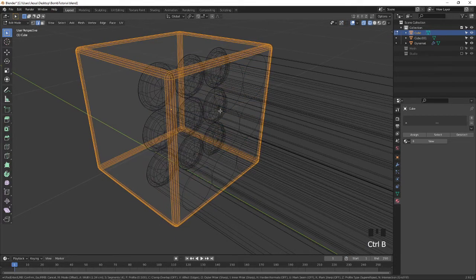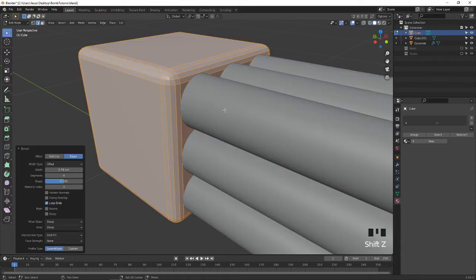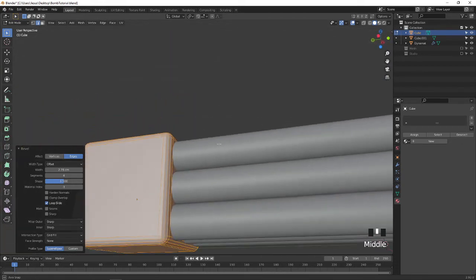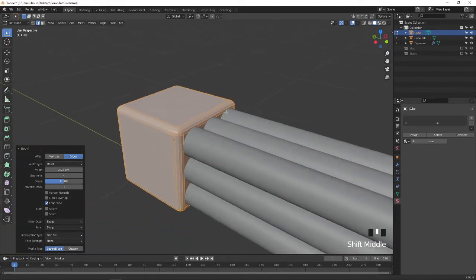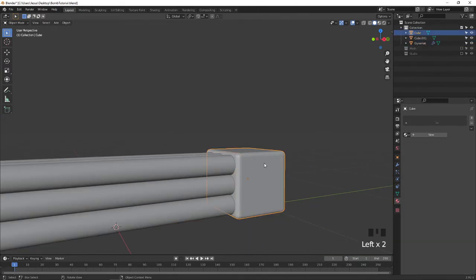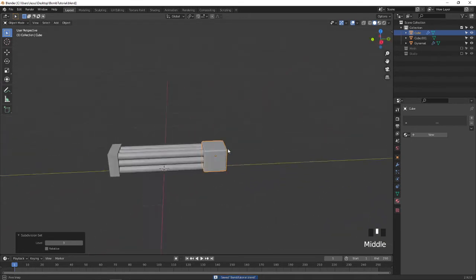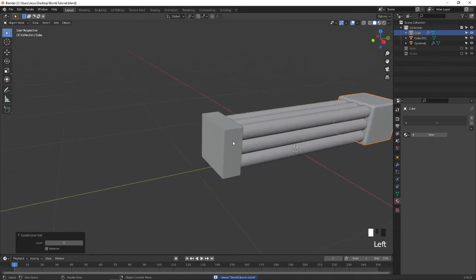Control B to bevel, and you can bevel it like this. Shift Z, and you can view it in normal mode. Press Tab, Control 3 to apply the smooth. Now we can see the edge is smoothed, nice.